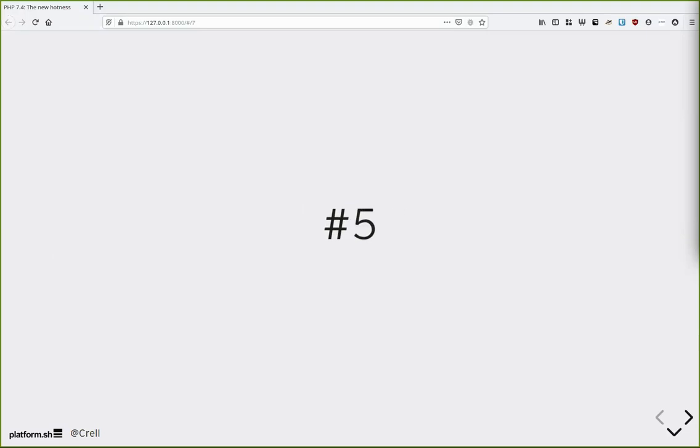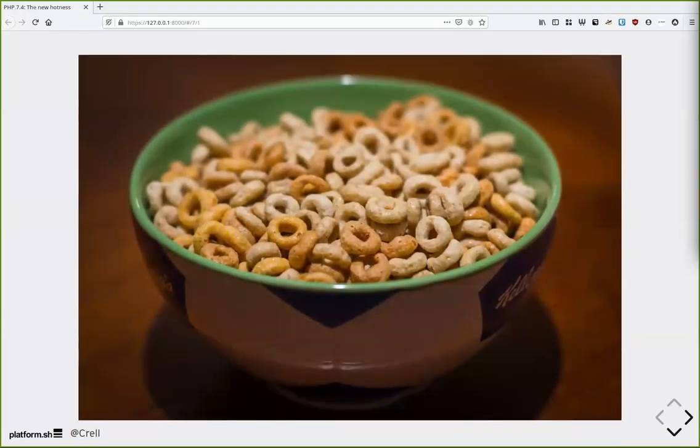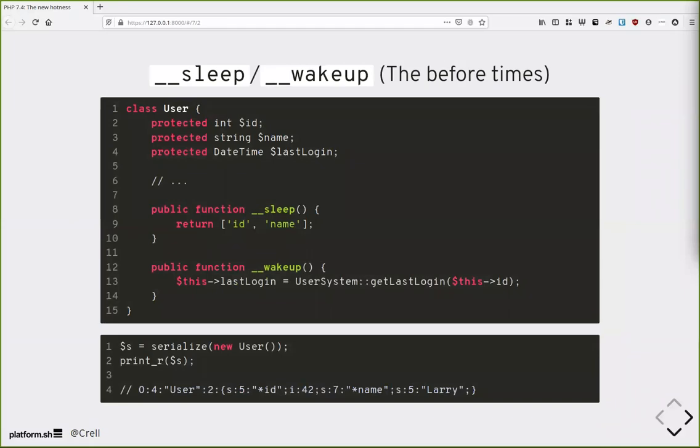Number 5, let's talk about serialization. What do we mean? We mean turning objects into strings. PHP has a number of different ways of doing that, and it's kind of tricky when you want to do one versus another. The old way, that's been around since somewhere in PHP 4 or maybe older,